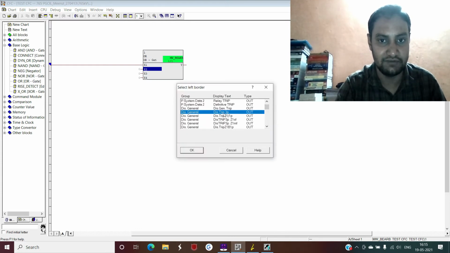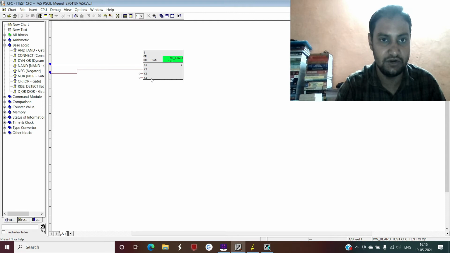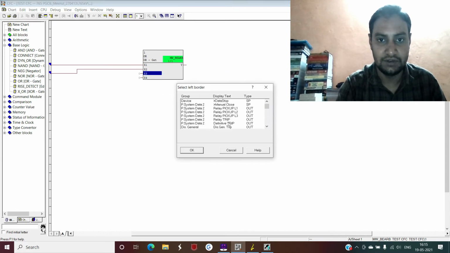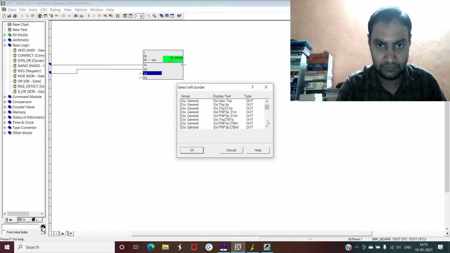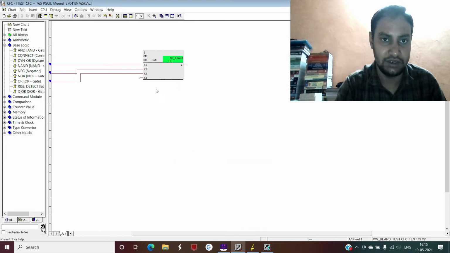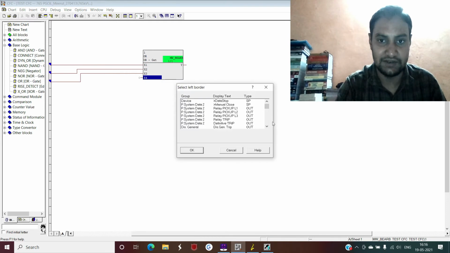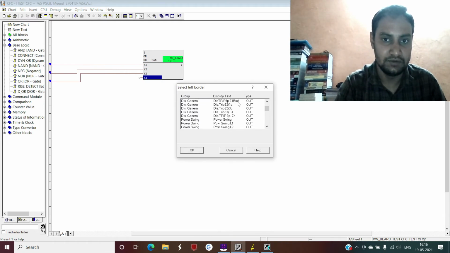Suppose I have selected distance zone 3, and suppose the next signal which I want is distance with zone 3, and I can select one more signal which is available to us, and that signal is, suppose, zone 2 single pole.